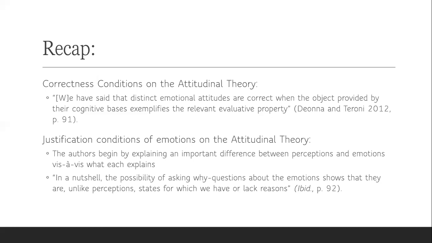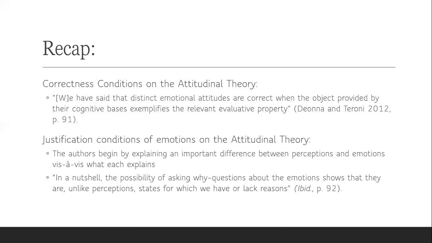Emotions aren't like this, right? If I'm looking at the blue vase or the red circle, my visual experience, which is perceptual, justifies my judgment, right? Everything that I need there to make a judgment that I am looking at a red vase or a blue vase or a red circle or whatever, it's all there in my experience. So these why questions hit bottom when we ask them about perceptions. Like, why do you believe there's a tree over there? Well, I seem to see it, right? You just see the tree. The why questions reach rock bottom there.